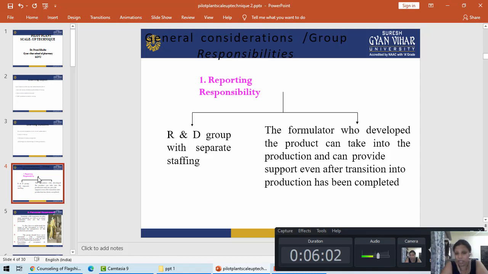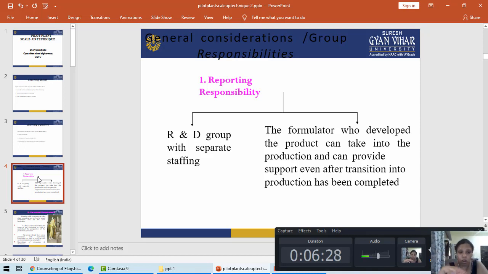So if there is a need of any specific equipment, you can also modify it. You can modify the formulation, you can modify anything, you can do corrections in the formula also, but you cannot change the whole formula. This you have to keep in your mind, that you do not have permission to change the whole formula, you just have to correct it.